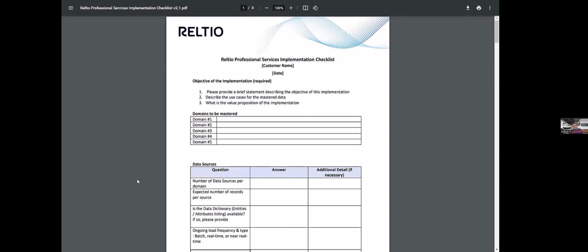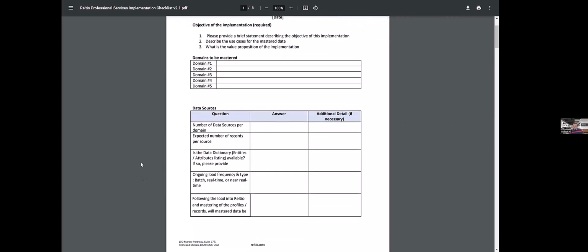So the first one is the domains that need to be mastered in the MVP phase. This is pretty much decided early in the sales cycle or in the pre-implementation phase. So this is pretty easy to populate. Typically, depending on the vertical, the domains would vary.